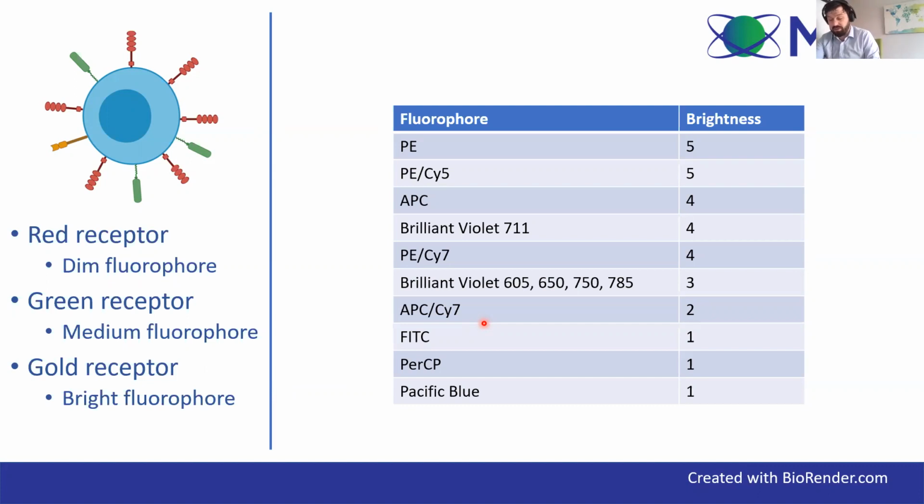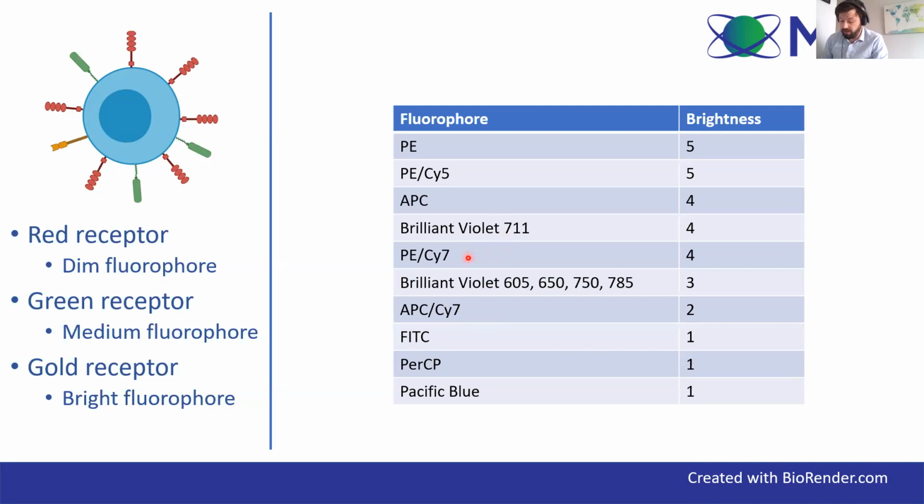But the question now is which one to pick. So, okay, we don't know. If we look very simply at our needs on the left, we need a dim one, a medium one, and a bright one. So we might as well just jump in straight away and say, okay, we need a bright one, we'll use PE. We need a medium one. All right, well, what's that? 2, 3, or 4? We'll pick